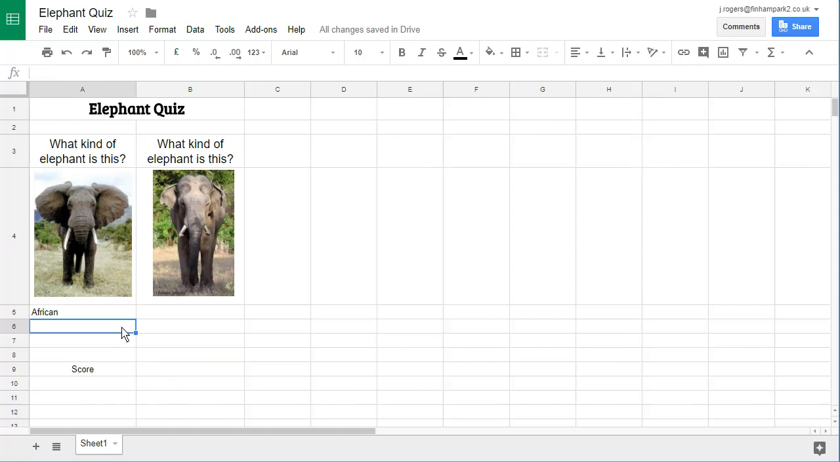So we need to find out how to create that function that will tell us that our answer is correct or incorrect. Now what we need is a function called if. If allows us to program the spreadsheet so it will give two different responses depending on what has been typed into some other cell. To set this up, I simply type equals and then